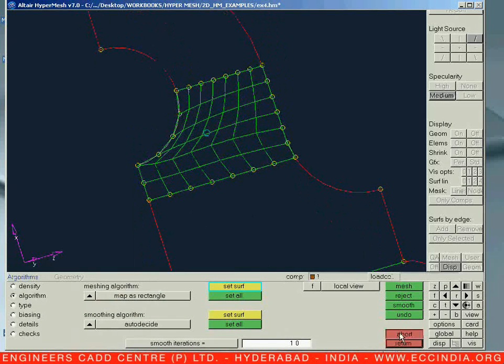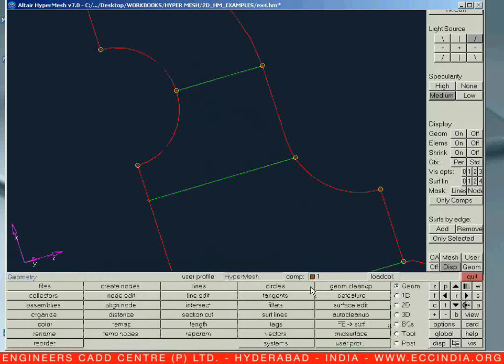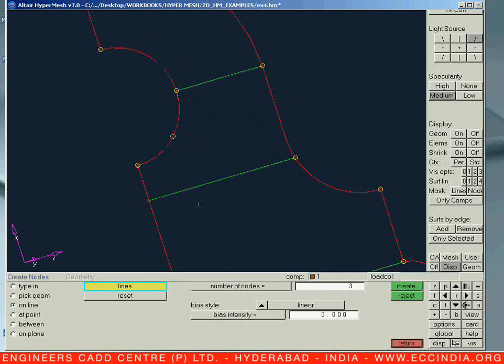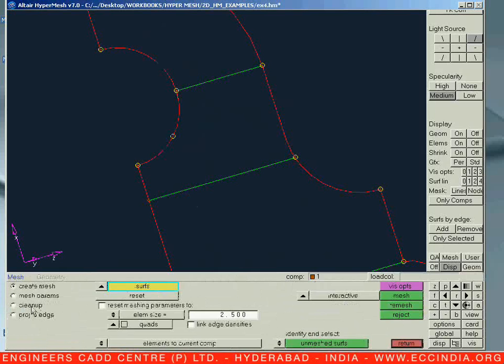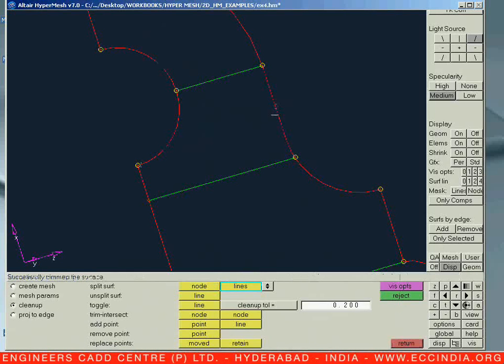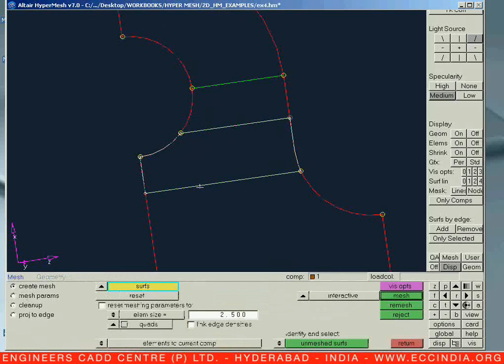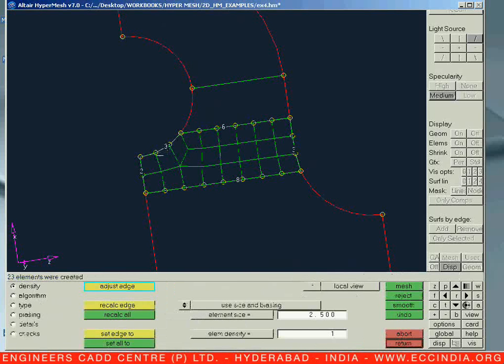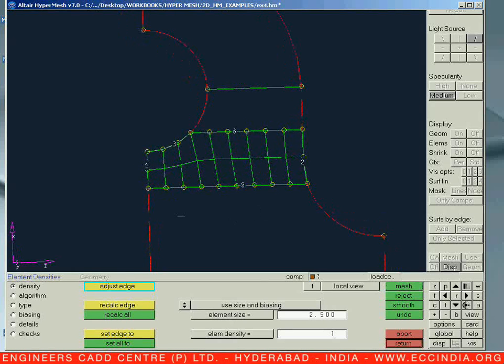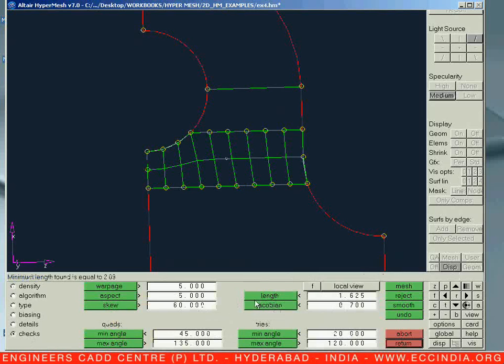So again it is creating trouble, so again we need to divide it. So let us say F8 on line 3, F12 clean up from node to opposite line list. Now it is a better way. Now let us go for the mesh of this particular surface. 3, 6, it's 9, 2, 3, so keep on 2. So all are having good aspects of quality.